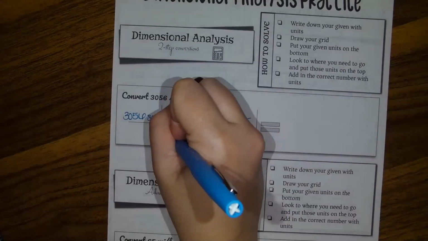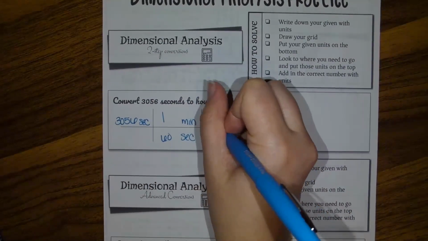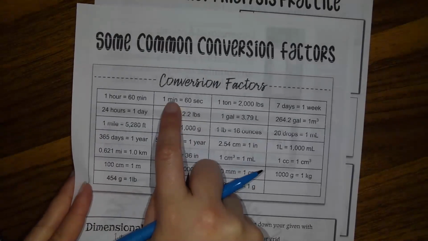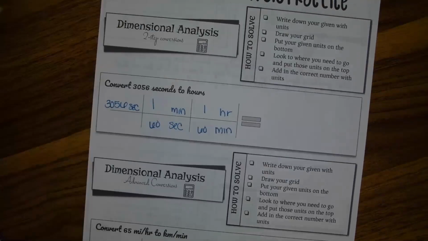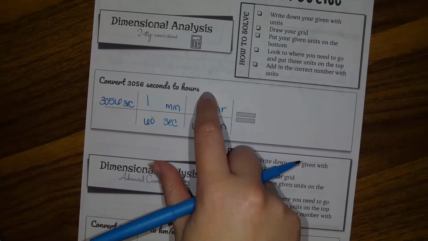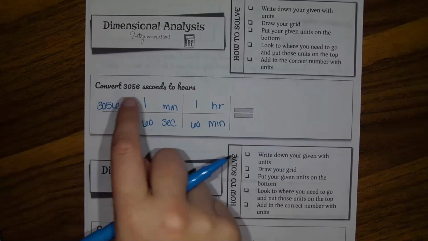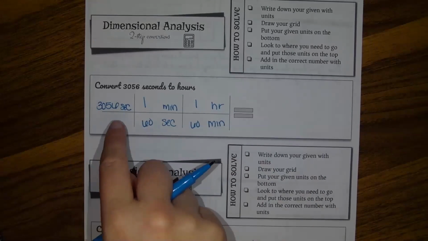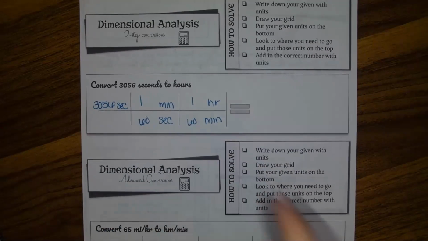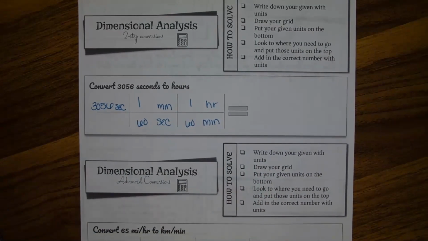And then I put in my numbers. Because remember, it was 60 seconds per 1 minute, and then 60 minutes per 1 hour. So now I'm going to multiply across the top, multiply across the bottom, and then divide the top by the bottom. So I should get